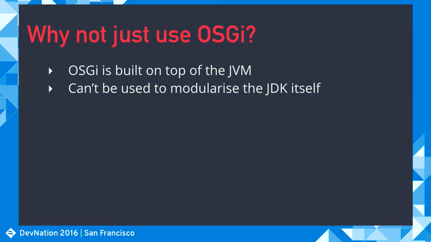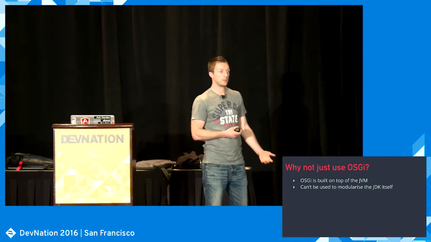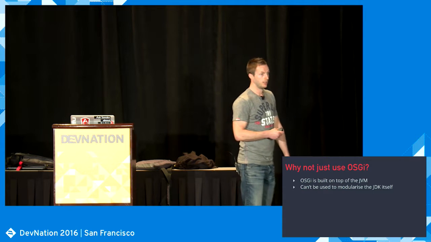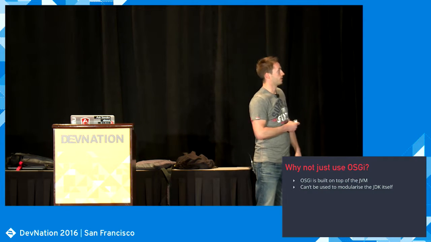Then, before we dive into the code, one more question. Why not just use OSGi? That's a question that especially OSGi users ask quite often. And I'm an OSGi user myself, so that has been a question that's been on my mind as well. First of all, looking at the goals of Java 9, they also wanted to modularize the JDK. That's how it all started. And you can't really modularize the JDK with technology built on top of the JDK, because at the end, OSGi just relies on the class path like any other Java library. So technically, that just doesn't make any sense.